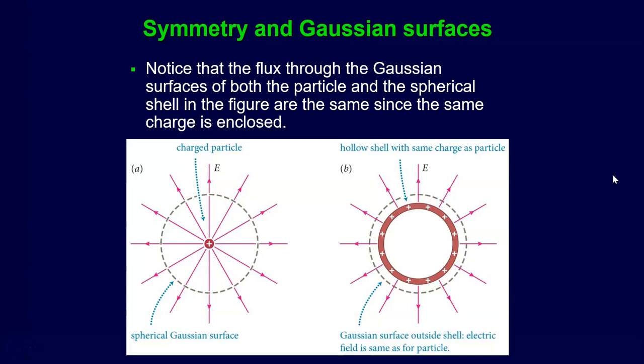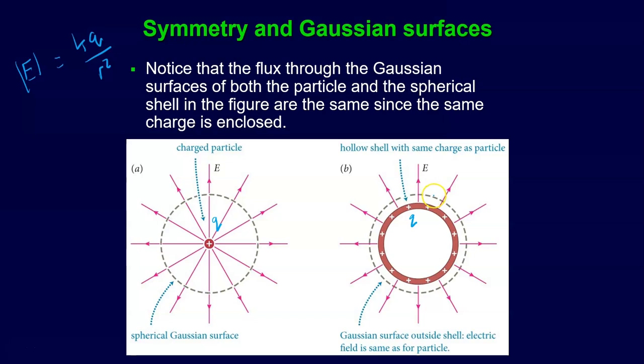So the next example we're going to look at is the idea of a spherical shell. Here's a picture of a spherical shell. Now that we've done this, we've gotten this idea of Coulomb's law. We already knew it, but we went through and solved for it. If I have a spherical shell with a total charge Q,